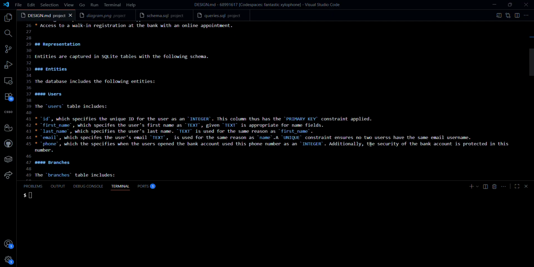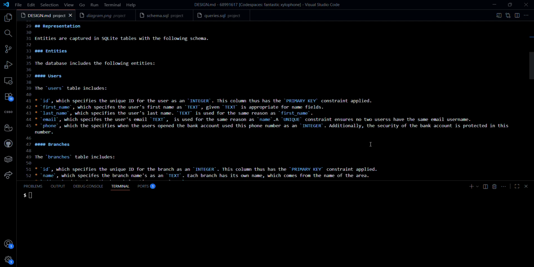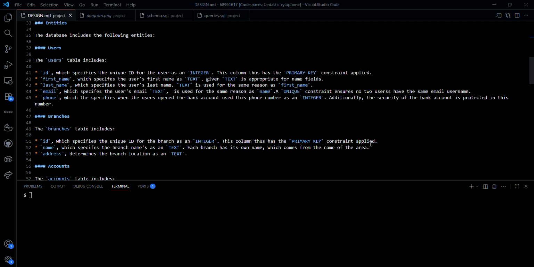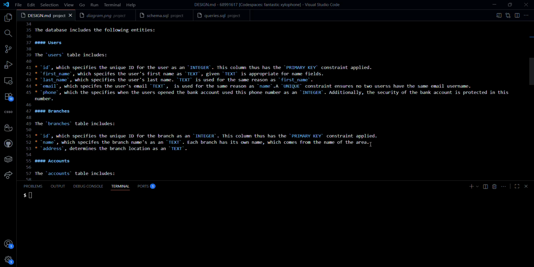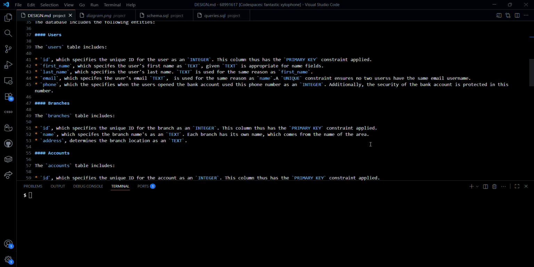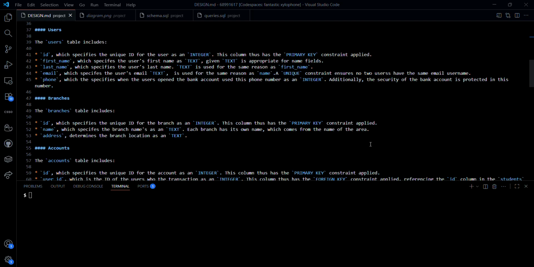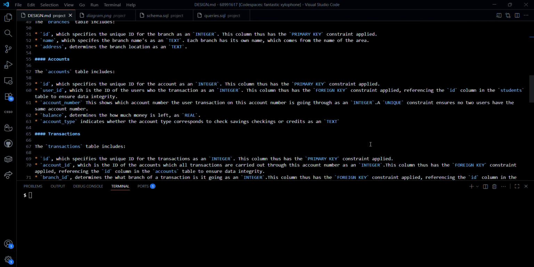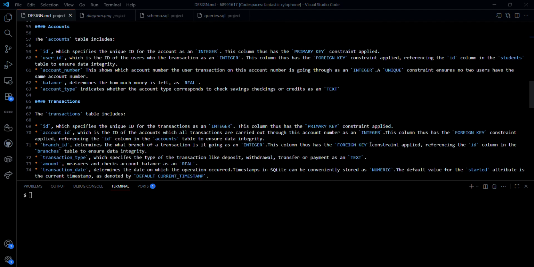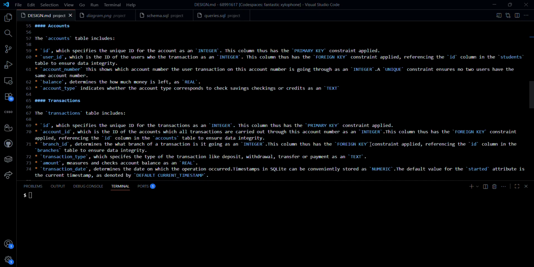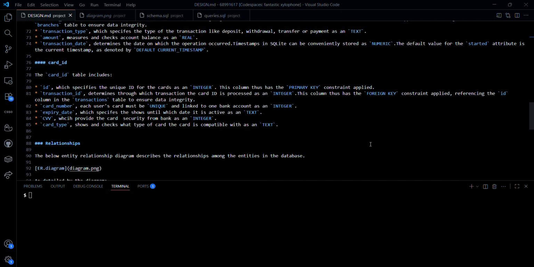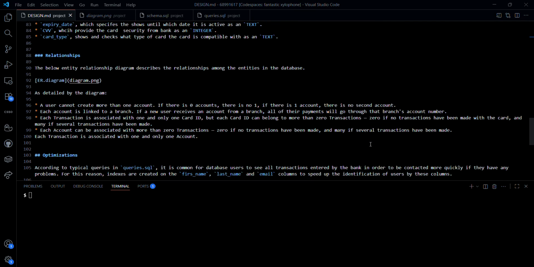Here are the five tables which structure the database: users, which stores the basic information about individuals and reference for customers; branch, which contains details necessary to correctly identify the branch's locations; accounts, which includes every account number such as which branch the account number was obtained from; transactions, which holds each bank transaction about the account number, its balance, and any other payments; card ID, with the basic card information, however, users controlling and managing card balance in the mobile app.